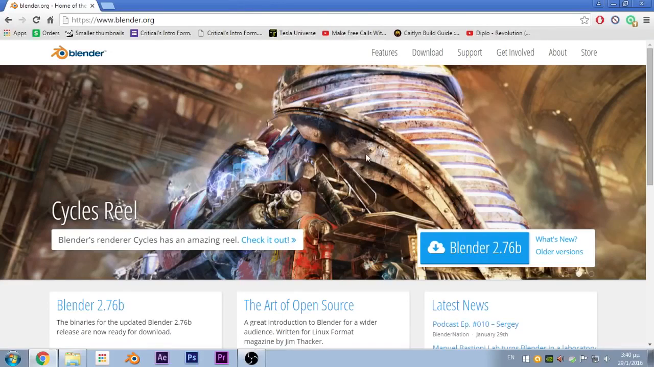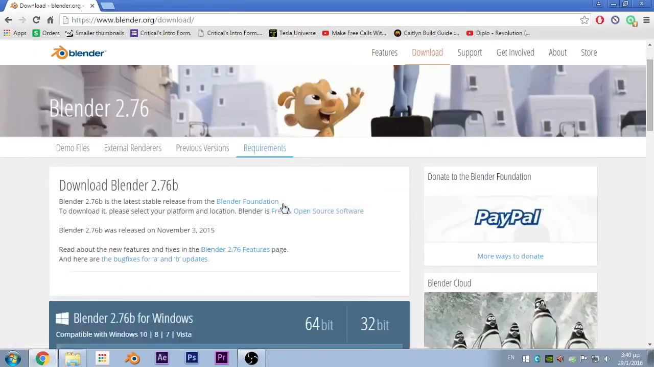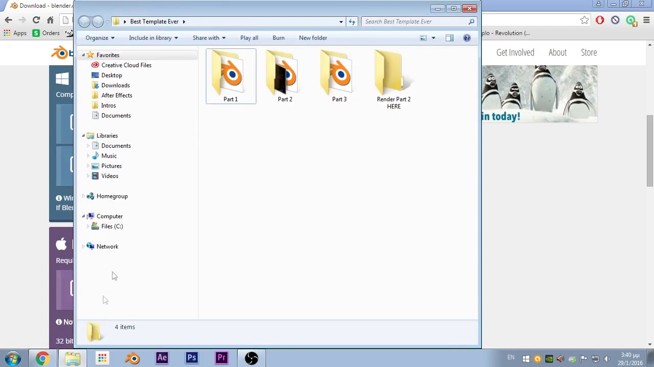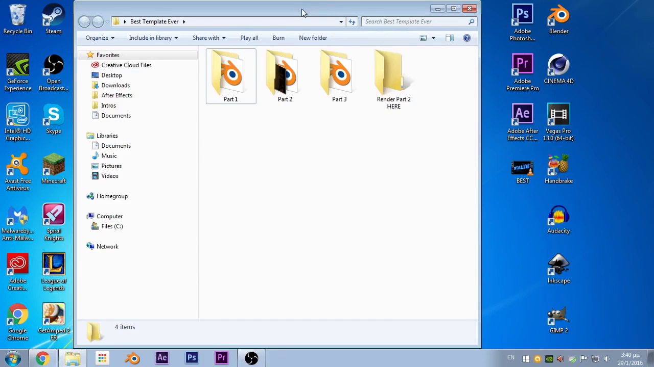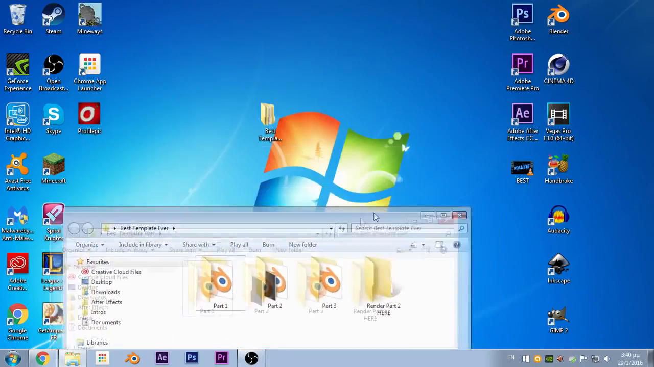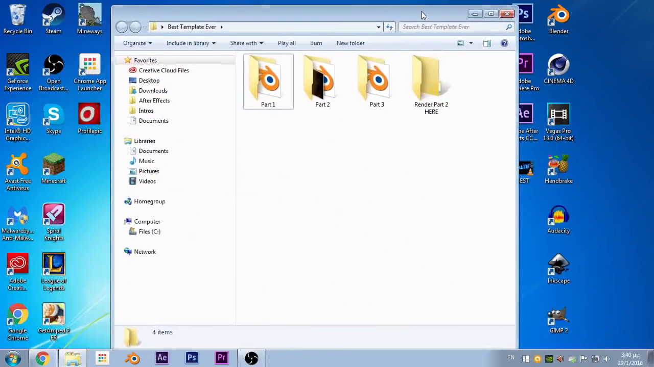You just watched earlier, you want to go to blender.org, click over here, Blender, and choose your desired operating system, either 64-bit or 32. Once that is done, you want to download the actual template, and once you've downloaded it, you will get this zip file, and you want to open it and extract